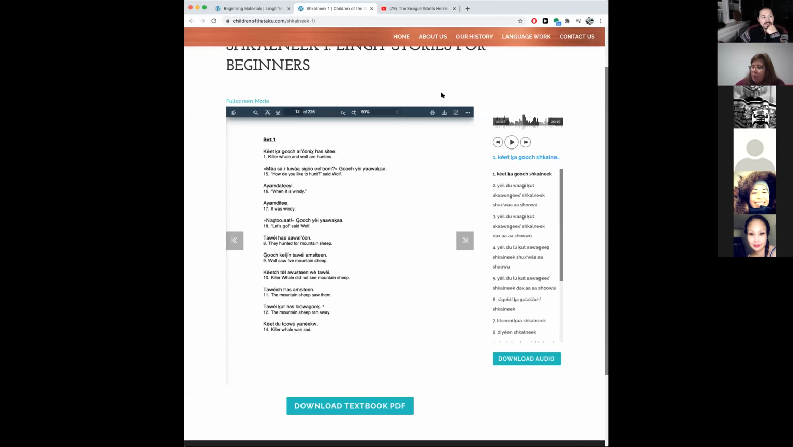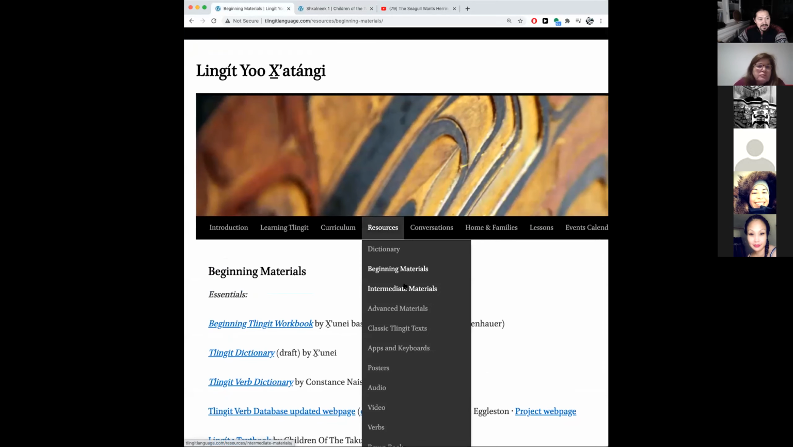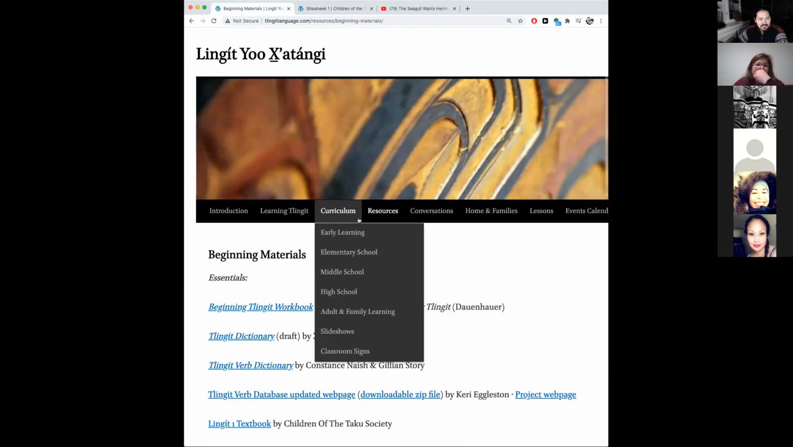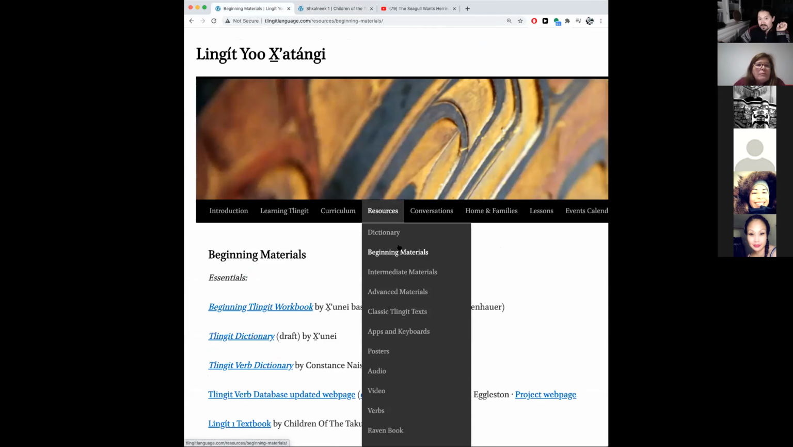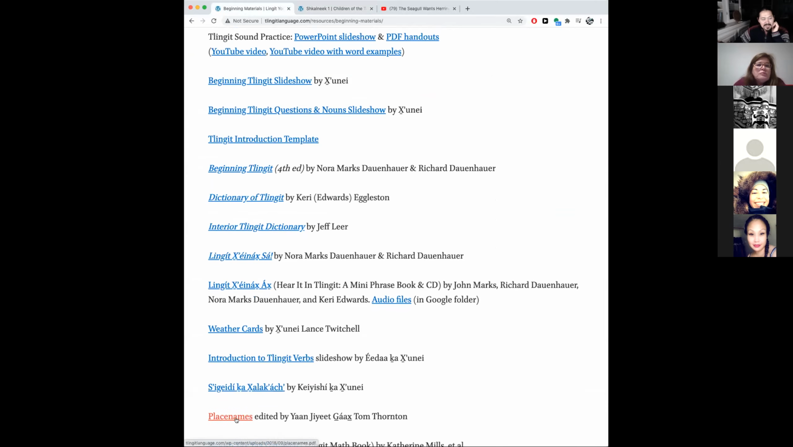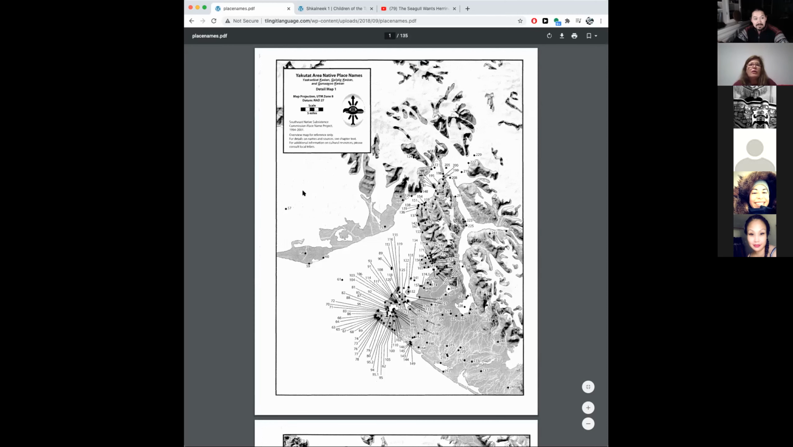Let's see. So if you go to tlingitlanguage.com, I think it's under beginning materials, maybe. Yeah. So you go to resources, beginning materials, scroll down for a bit, and you'll see place names. Click on that. And this gives you some scan pages from Tom Thornton's book on Tlingit place names. And so what I would like you to do is just pick 5 of these names that you want us to just look at. Maybe these are places near